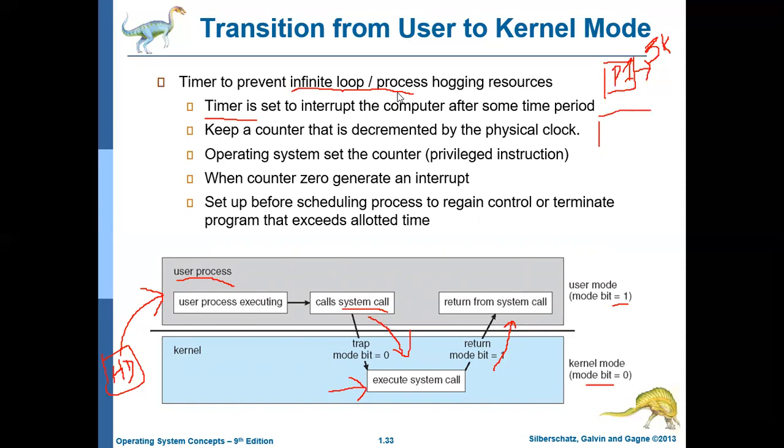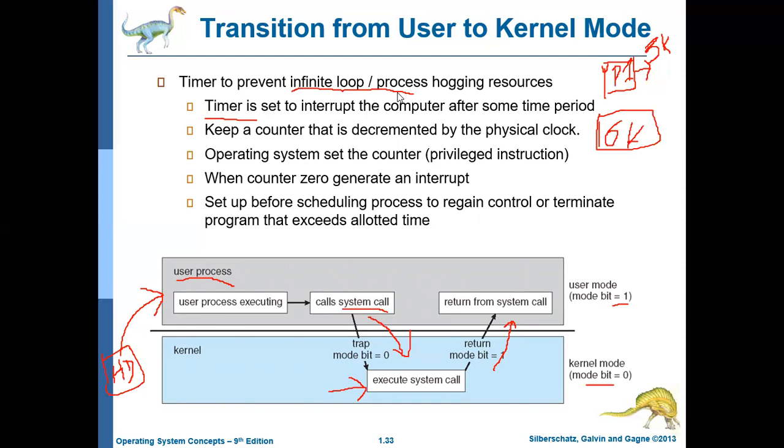It will set a timer, and probably here it will put a value, say 6000. It will put the value 6000, and this value it will decrement every 1 millisecond. As long as it does not become zero, this process will be kept in the main memory, and the processor will be given a chance to execute this particular process. If it becomes a negative number,